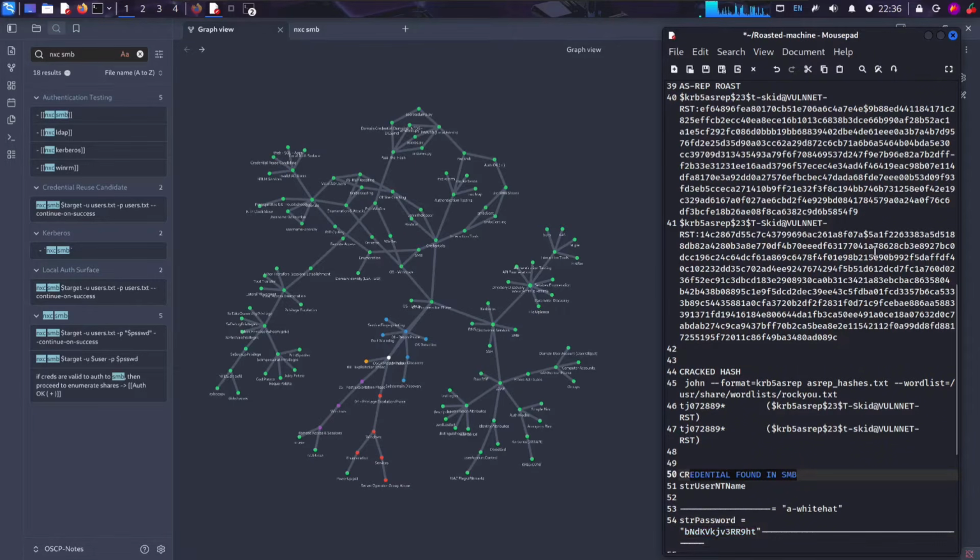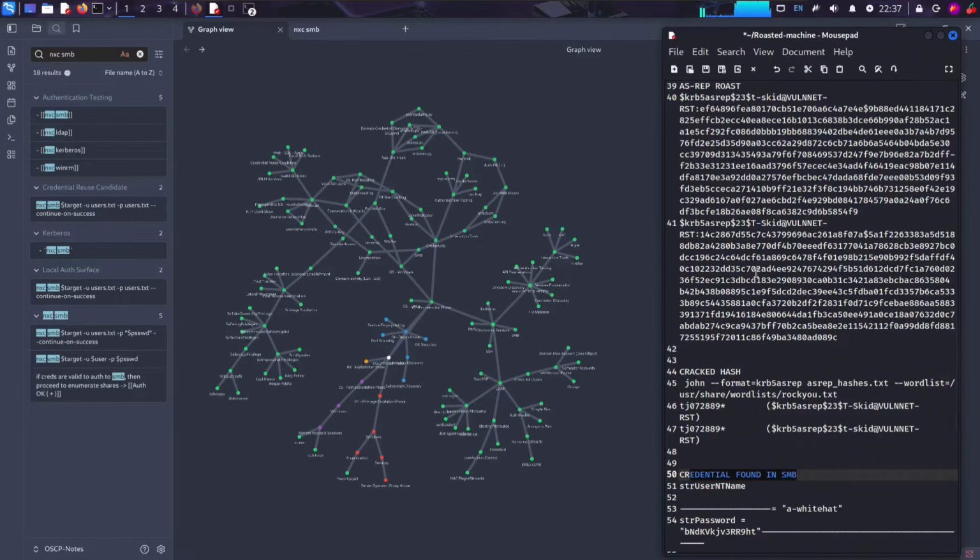So what I'm going to show you is my methodology when it comes to the authentication phase. This is going to be very helpful for you if you're practicing or taking notes for any of the exams. I did use this type of methodology when I did my OSCP, although these Obsidian notes are not my main notes. It can give you an example of how to take notes if you're looking to take the exam. So with that said,